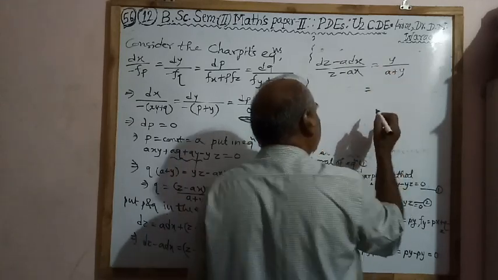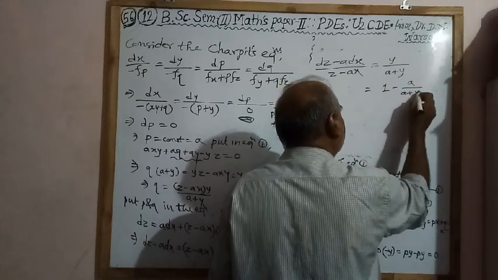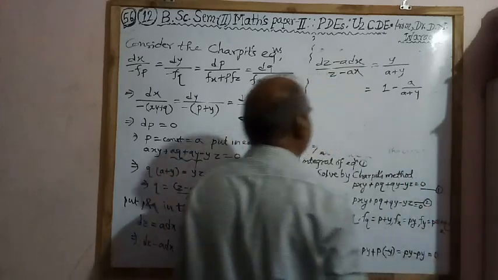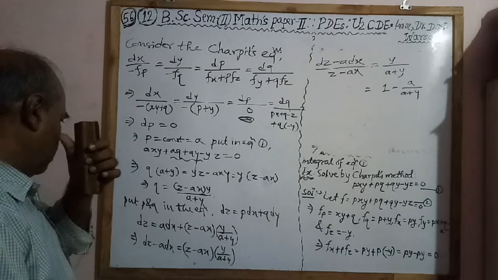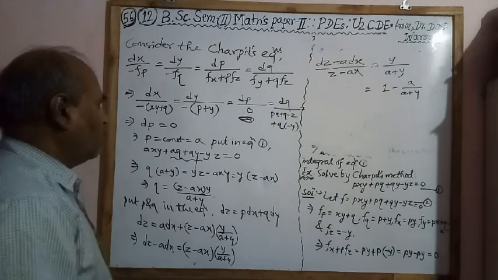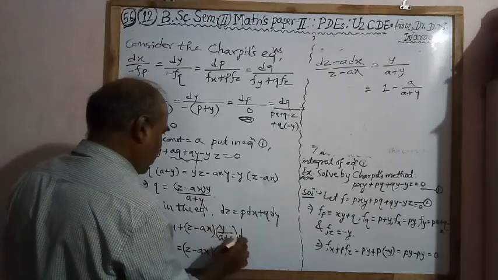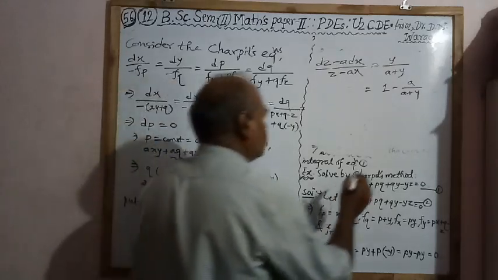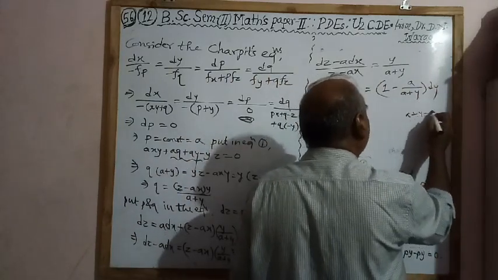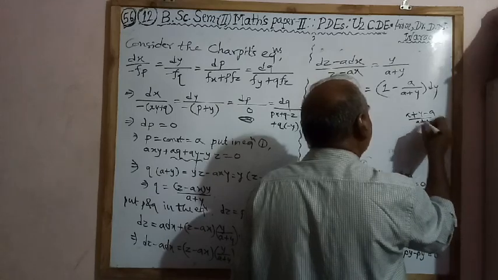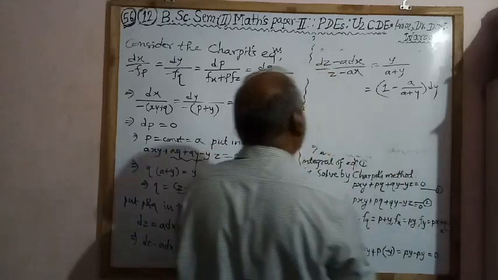On the right hand side we write it as 1 minus a divided by a plus y. You can solve this: a plus y minus a divided by a plus y, this is cancelled, y divided by a plus y. Then integrating both sides,